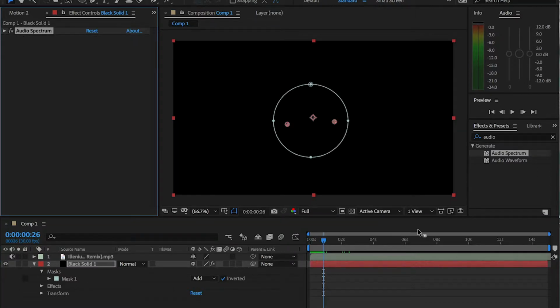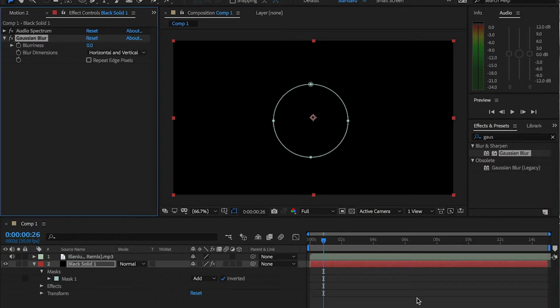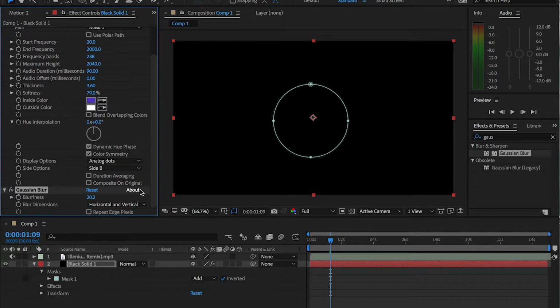And now what I'm going to do is go again to the effects panel and search for something called Gaussian Blur. I'm just trying to make this effect more glowy, and in order to do this we have to drag and drop this Gaussian Blur under Blur and Sharpen, not the obsolete one, and try to increase this value. And we forgot to change it back to digital, so I'm going to do that. All right, and as you guys can see,